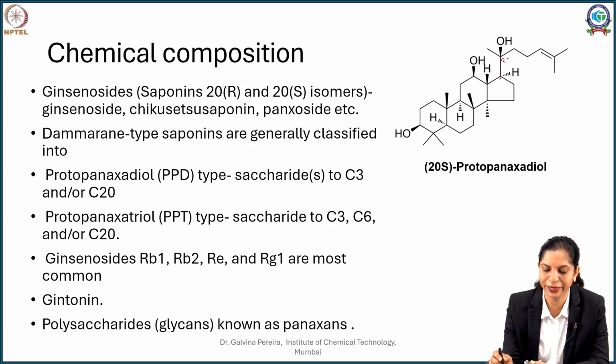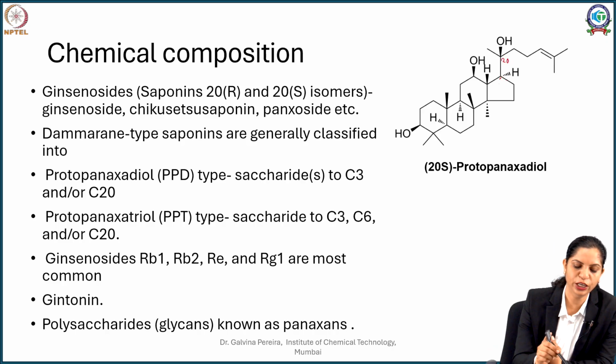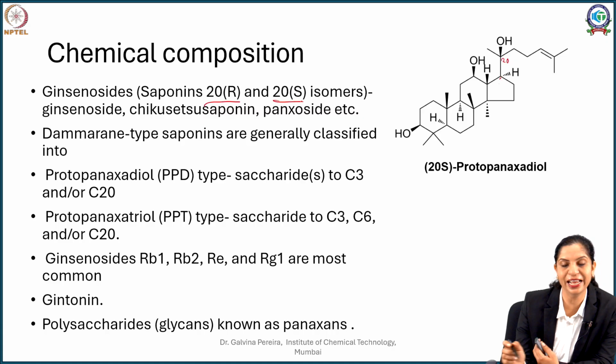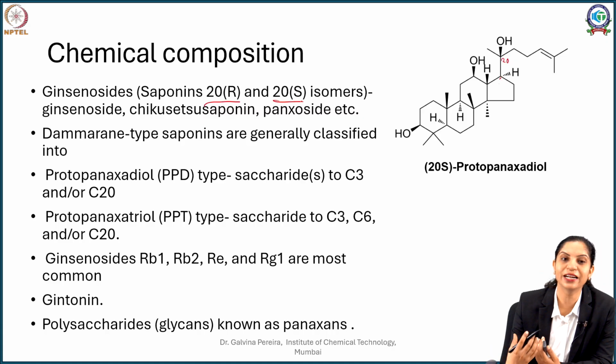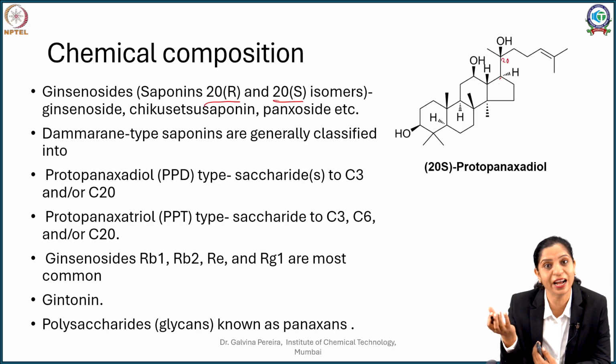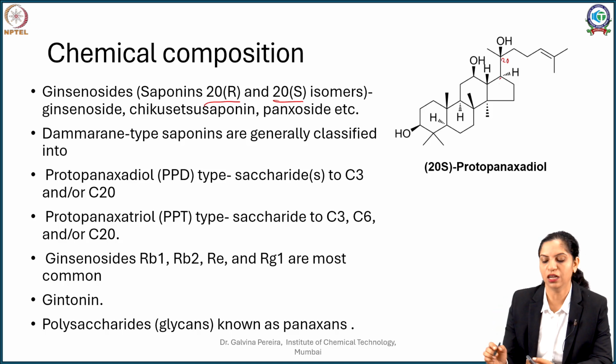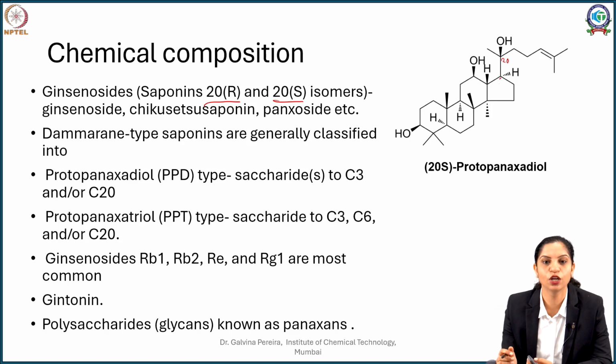With respect to C20, you get 20R and 20S isomers. It is said that the 20R isomers of ginseng, called ginsenosides, especially the glycosides of it, are much more potent. Now this aglycone part is called protopanaxadiol or